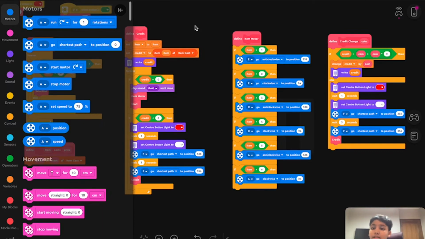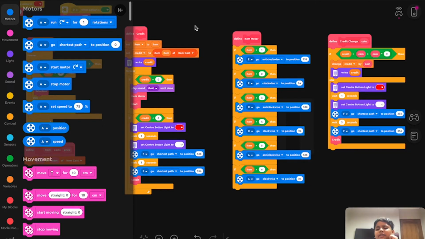We have to first check if we are putting too much money. If we are putting greater money, so credit is greater than coin plus coin times 2. Because we cannot check the negative with the positive, then of course it will always be true. So you have to check the positive of the coin. Now what will happen? For example, if you have minus 5 as coin, minus 10, minus 20, anything.